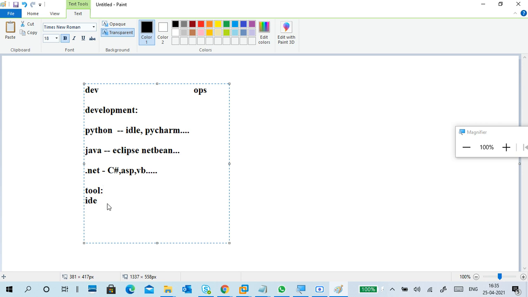Next one is the main tool in development to store the data, I mean, to make communication or version controlling. Okay, so this is a version control system. Majorly we are using Git. Subversion and Git, but majorly we are using Git only.